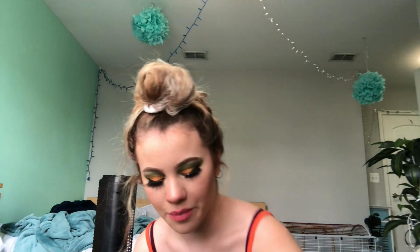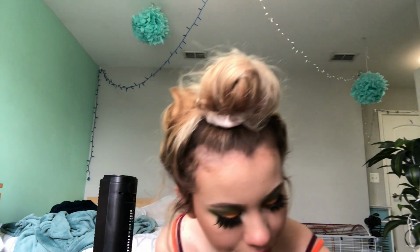So this is, like I said, multi-purpose. It's like a candle holder, a pencil holder. It could be like a weird cup, whatever you want it to be. I'll probably use it as a candle holder because a cute small Halloween candle in there would be perfect. And then we have this,